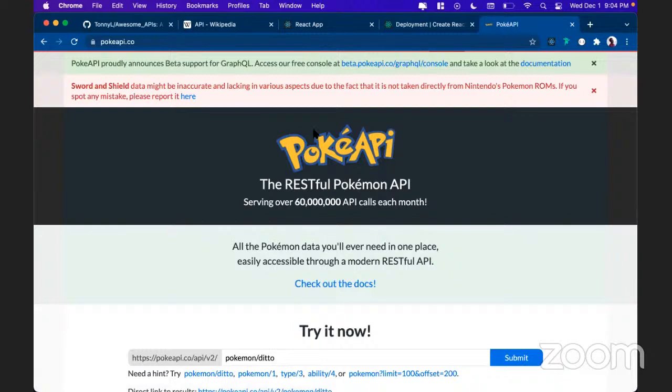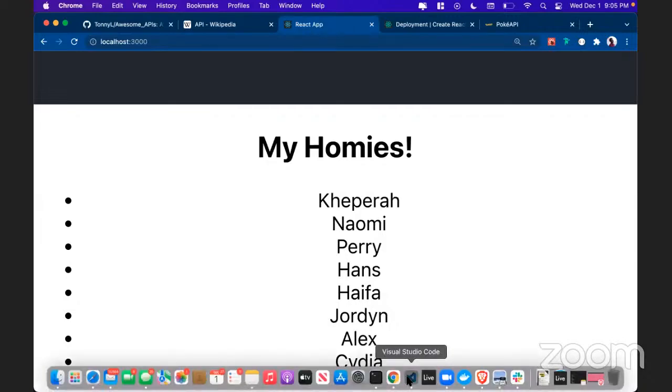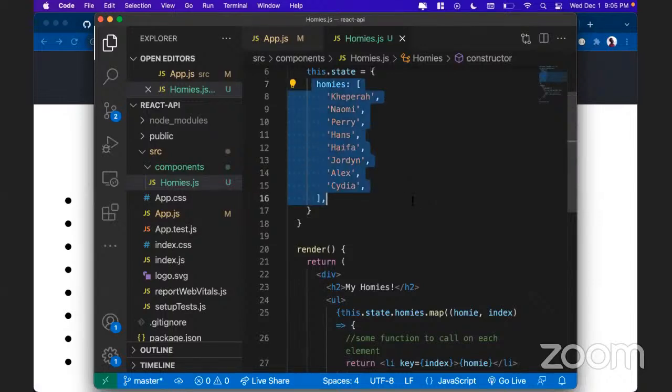But the point is you would probably agree with me, this setup of my React app is already good. I have the list items, and they're already coming back dynamically. All I really need to figure out is how I can change this array from having data that's locally hosted to data that's hosted somewhere else and that I'm pulling in. And that's where you start getting into this whole